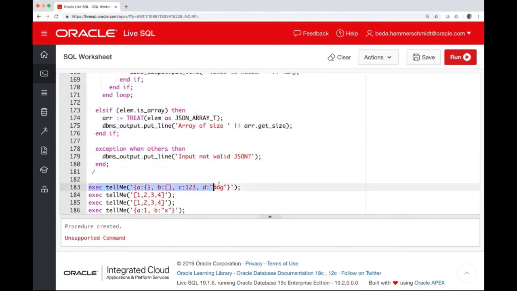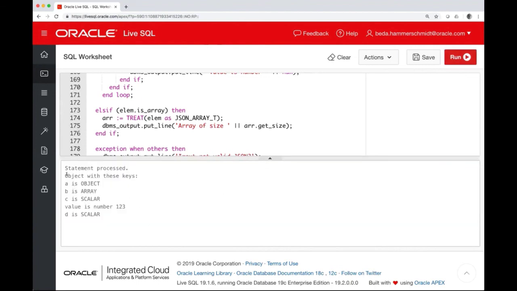And let's do the simple example here where we invoke it on an array. So it's telling us the array is of size 4. So it took this branch here where it treated our input as an array and then gave us just the size, the array size. But if I invoke it on this object,